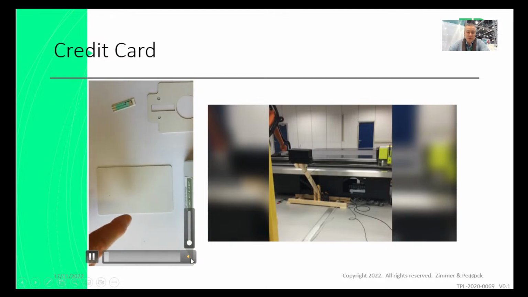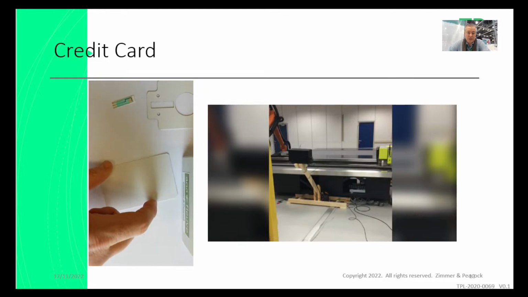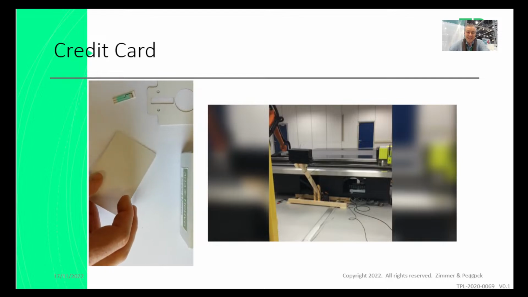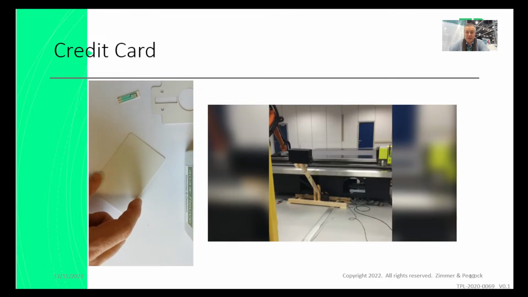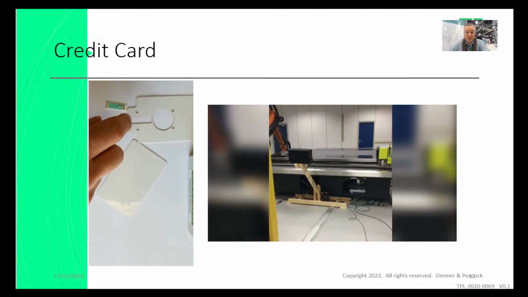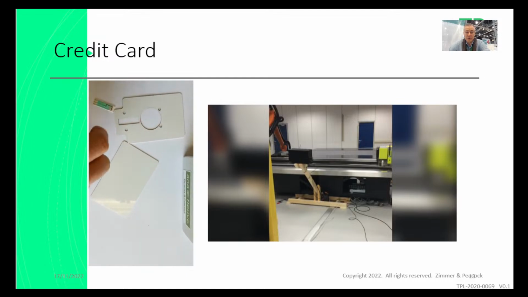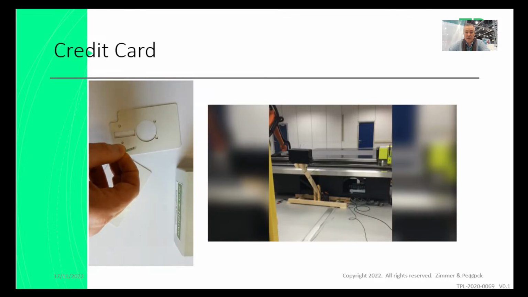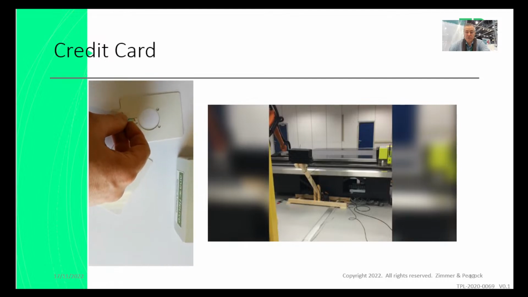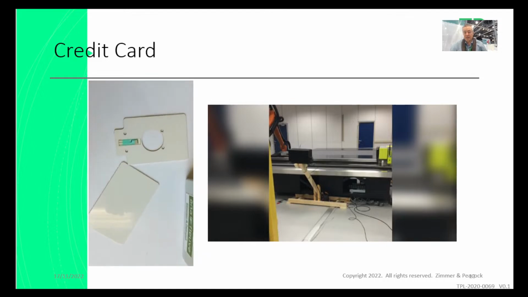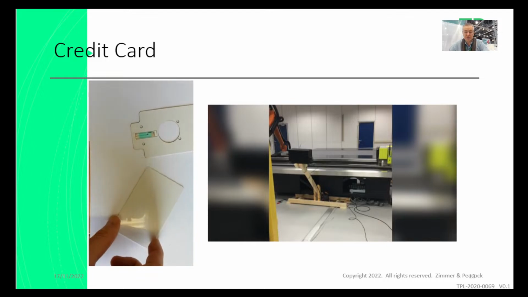This video that I'm playing here is saying, look, you take this credit card, and we've actually cut away pieces of the credit card to make it into a multi-channel cartridge. Here you can see where my finger is, there's a hole there that's just perfect for the placement of one of our biosensors. So if you're wondering how we make these multi-channel biosensors, we're taking these materials and cutting them, and then we're placing the sensors into those slots.